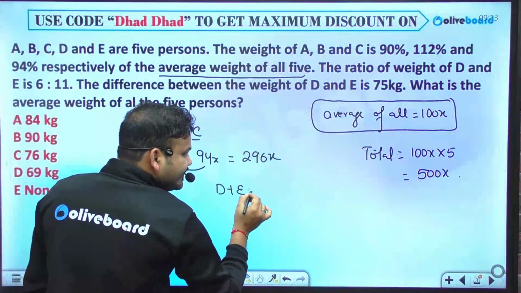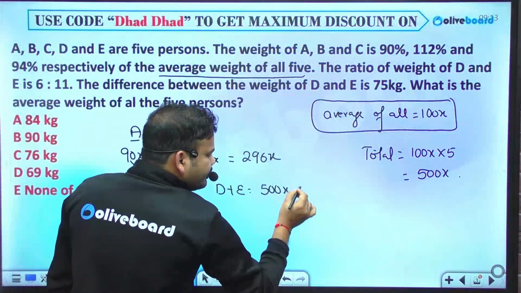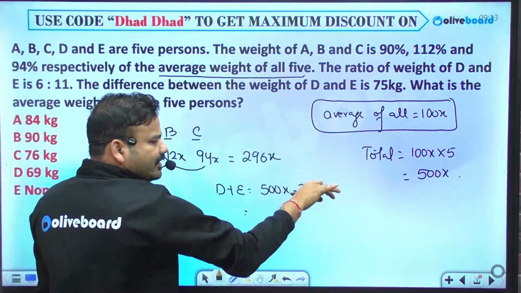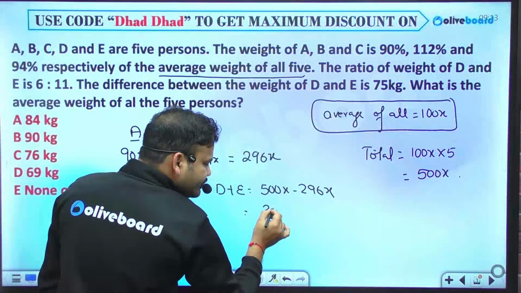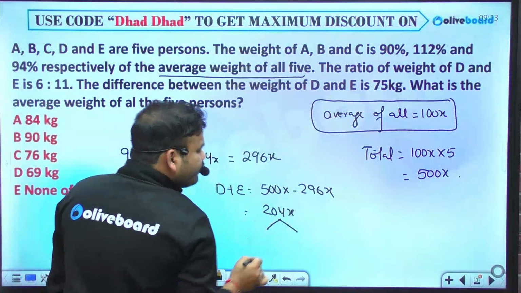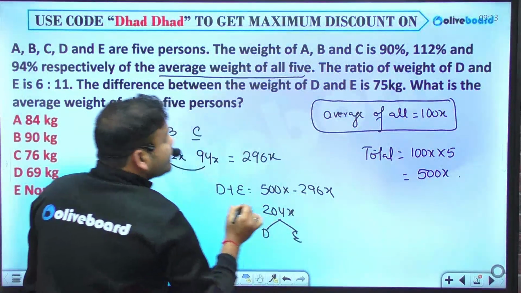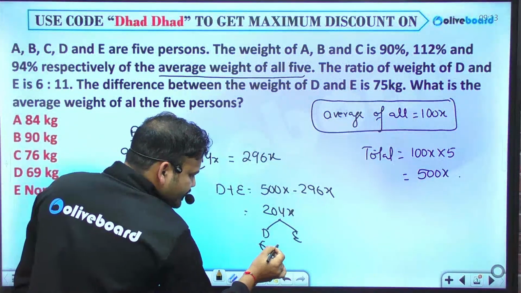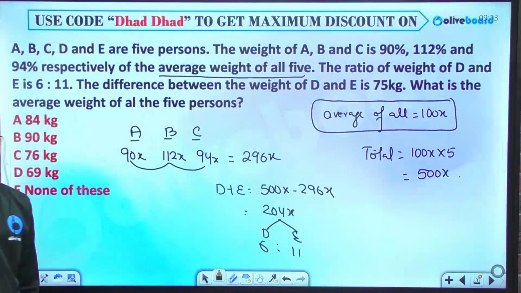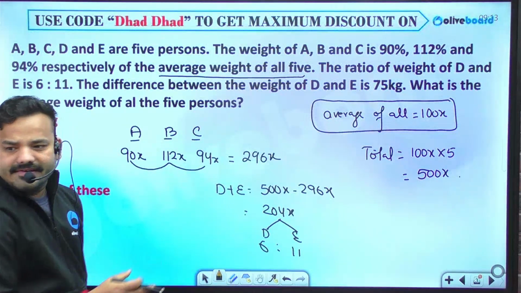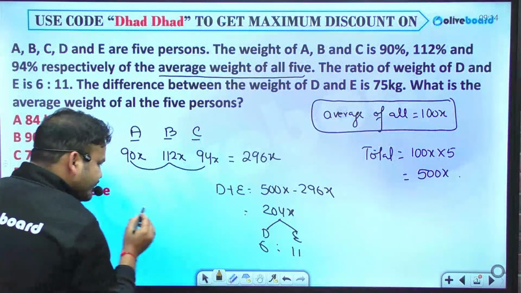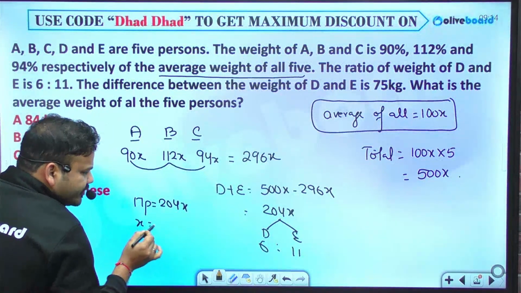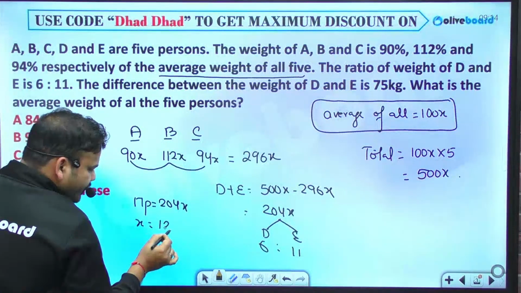500x में से अगर मैं 296x को माइनस करता हूं तो मुझे D प्लस E का मिल जाएगा। D प्लस E का कितना हो जाएगा आपको? 500x माइनस 296x। सर ये कितना हो गया आपका? 4, इस पे 4 डाल दोगे तो ये 300 बन जाएगा, तो 204x। Distribute this 204x between D and E, और ये जो रेशियो आएगा इनका वो कितना है? D और E का, that is 6 and 11। 6 and 11, 17 यूनिट में ब्रेक करना है। सो इसे हम इजीली 17 यूनिट्स में ब्रेक कर सकते हैं। कैसे? 17 यूनिट्स की वैल्यू कितनी हो जाएगी? 204। सो x की वैल्यू आपका 12 आ गया।